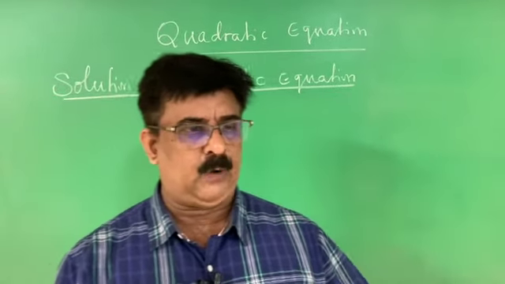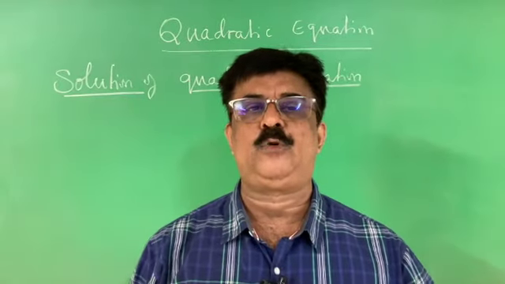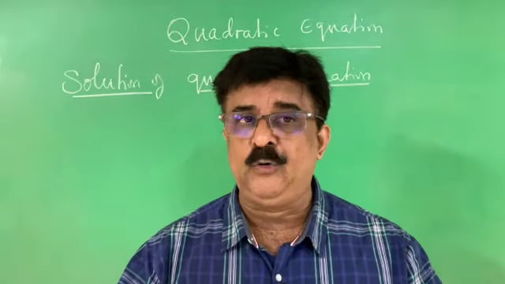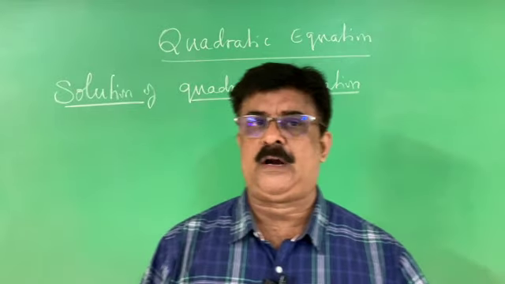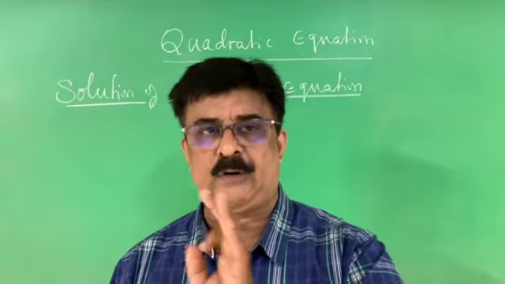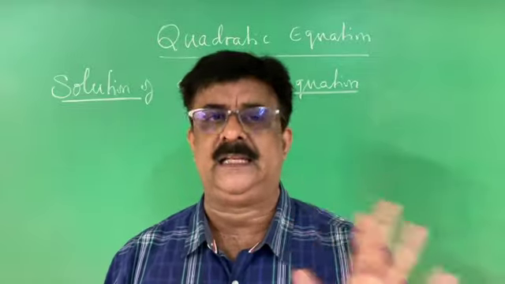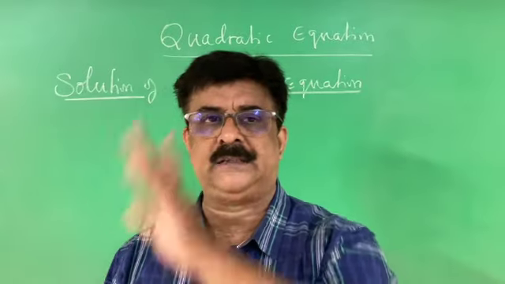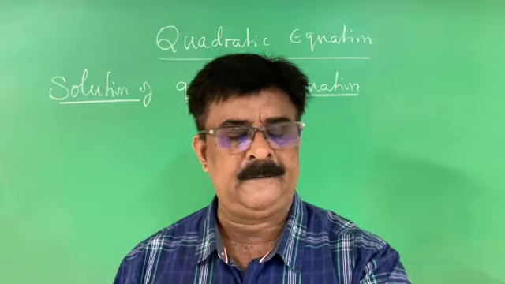At present, we know what a quadratic equation is. A quadratic equation is a second degree equation. And how many roots are there for a quadratic equation? 2 roots. What are these roots? Roots are nothing but the values of the variable which satisfy the equation. And which is the standard form of a quadratic equation? Ax square plus bx plus c is equal to 0 is the standard form of a quadratic equation where a is not equal to 0. You have to always repeatedly tell this. A, b, c are constants and it is the equation of variable x.